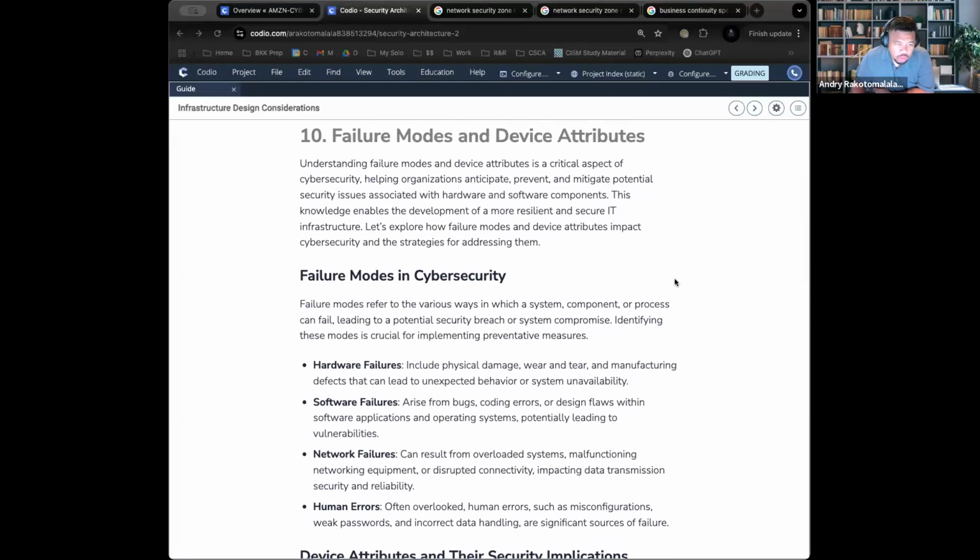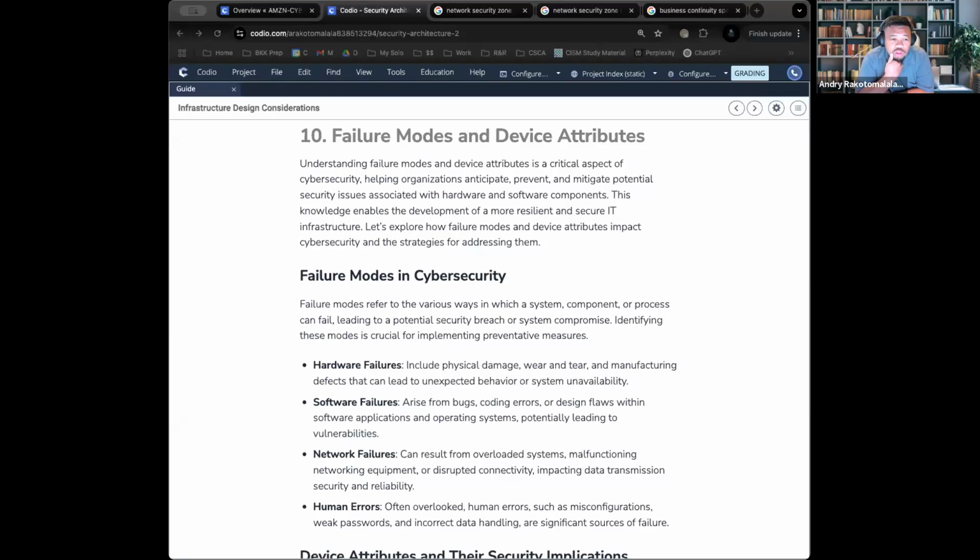Okay, so what exactly is a failure mode? A failure mode is when a part of your network essentially dies or doesn't function as it should. It is important because these can happen, and they do happen on your network pretty often.